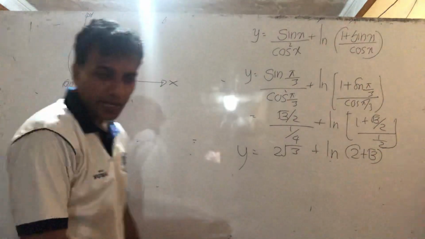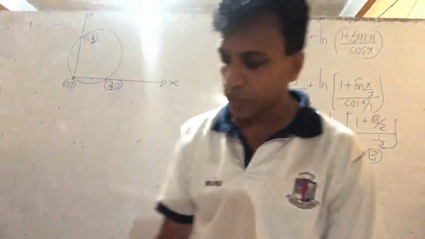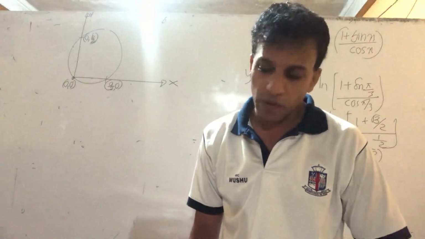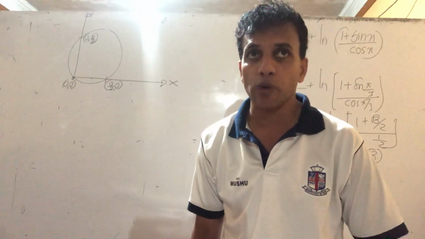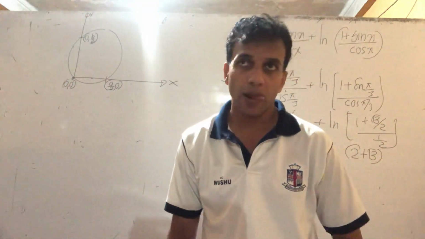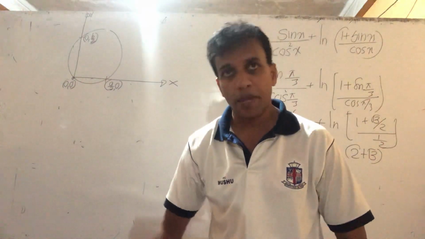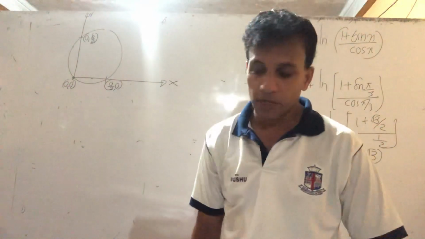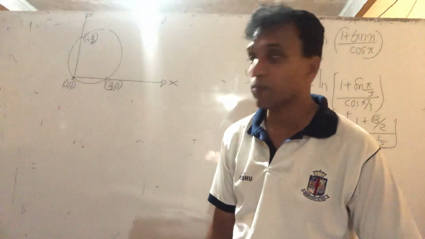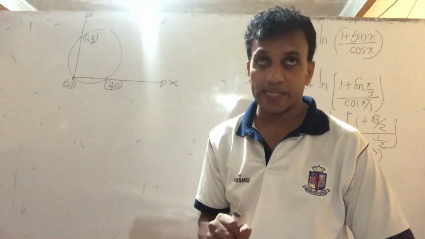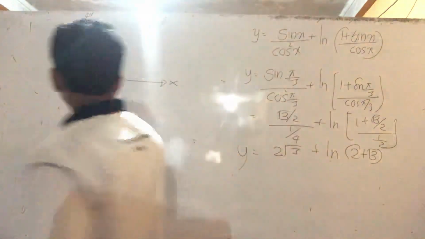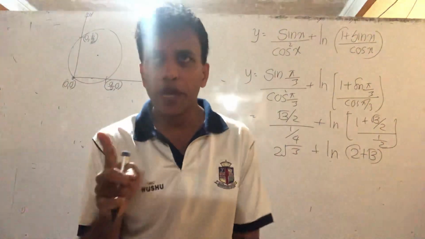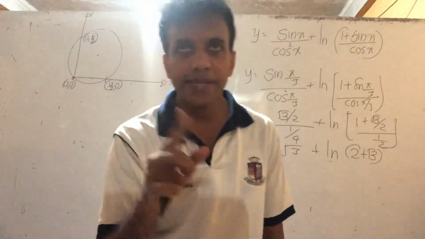So I want to find the equation of a circle, coordinate geometry. Usually what is the general form of a circle? X square plus y square plus 2gx plus 2fy plus c equal to 0. There are various patterns of circle, parametric form, different equations. The general form is what I mentioned. Here they ask the radius, so we don't know what the center is here. So there's a direct equation involving the radius. Can I take that one?